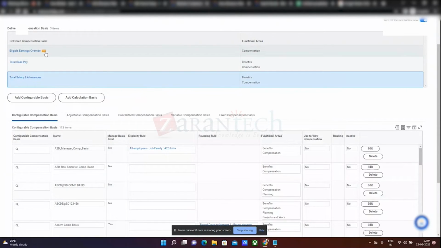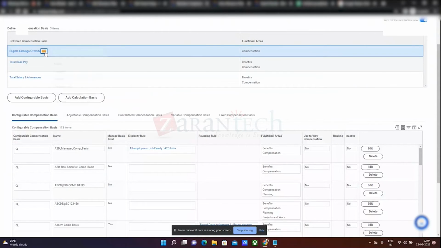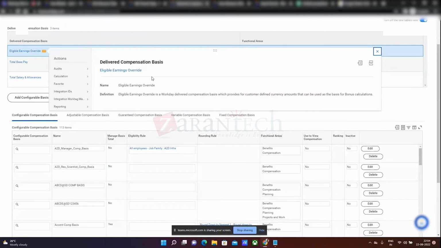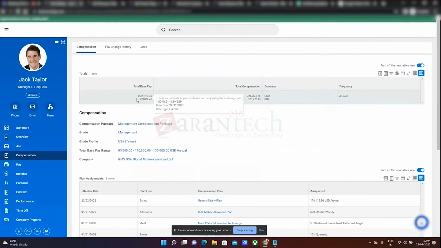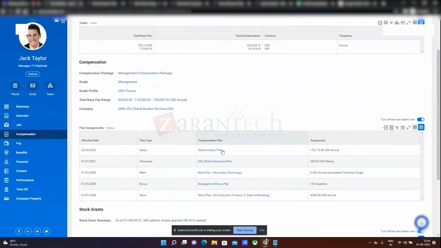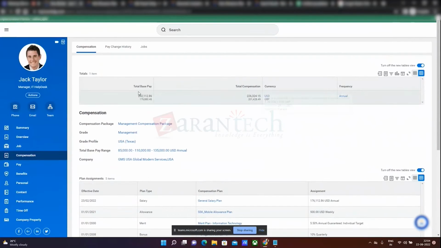Now eligible earnings override, we will discuss this when we discuss merit, but I'll give you an overview, an introduction of what this is. Now let's say Jack has 202,112.86. So he has about 200,000 something USD as a total base pay. And let's say I am doing some kind of review cycle for this worker, and I want to override this. So I don't want to calculate the merit plan for the worker on top of total base